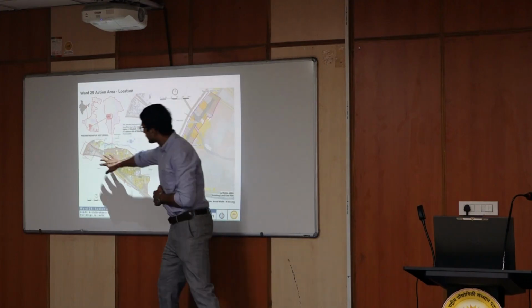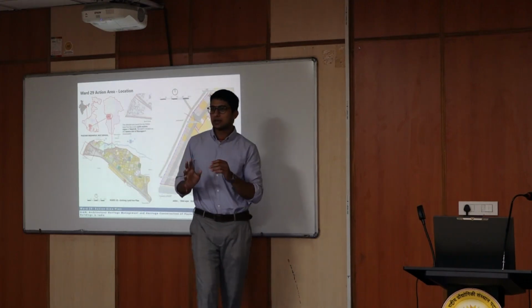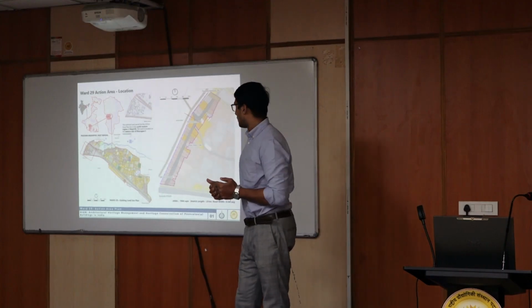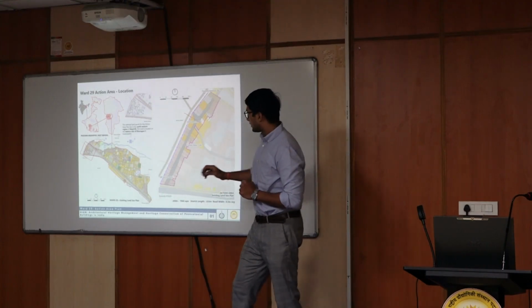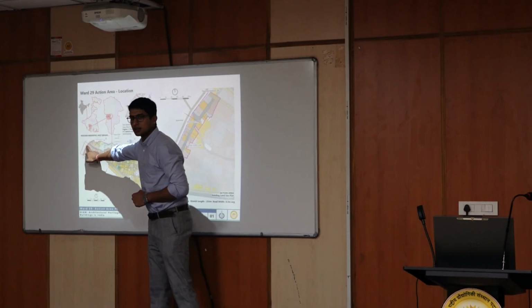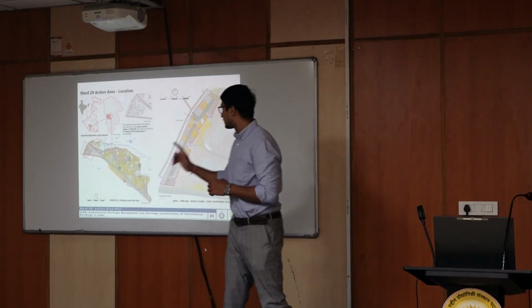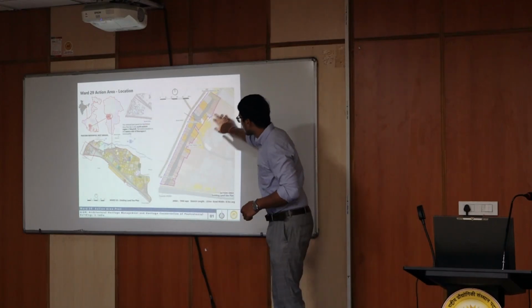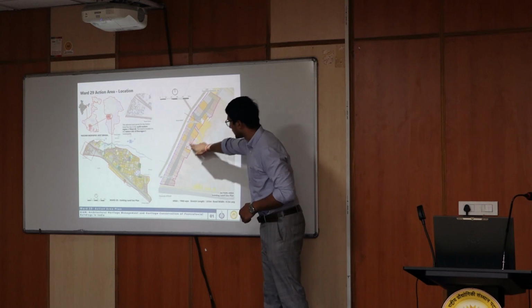We narrowed it down to this particular spine for development and whatever design proposals we will have in mind. And this particular spine was named as the action area plan. We were to propose an action area plan for this area, and this is the particular spine that I am talking about. This is right in front of IIT Kharagpur.